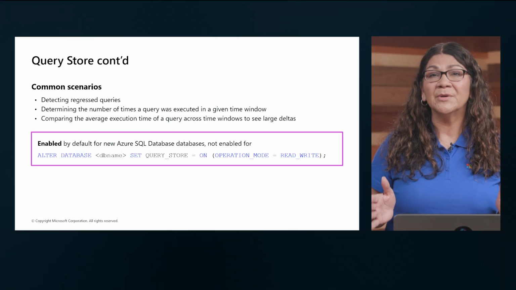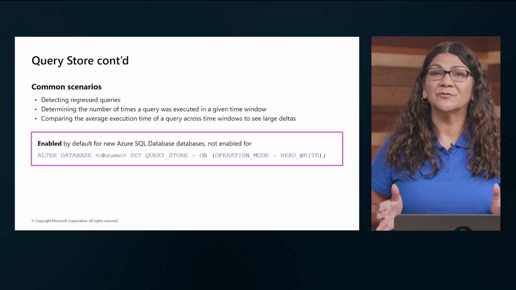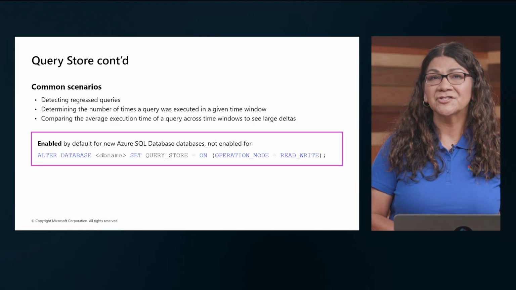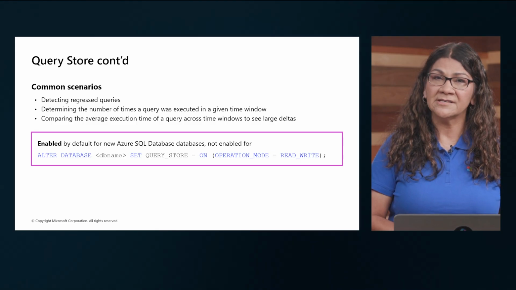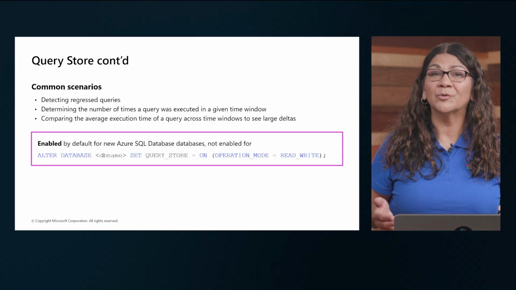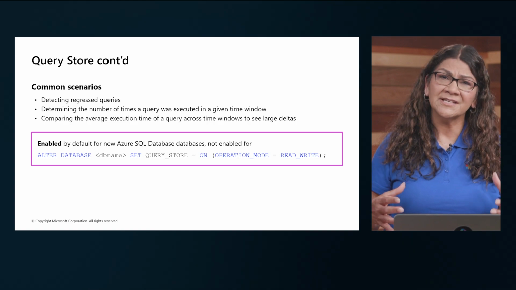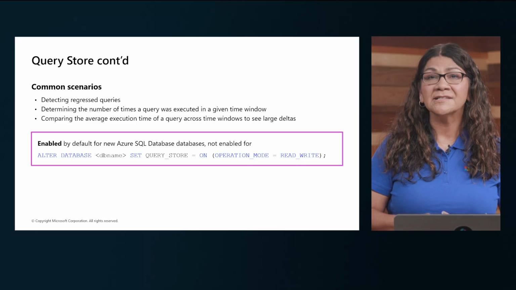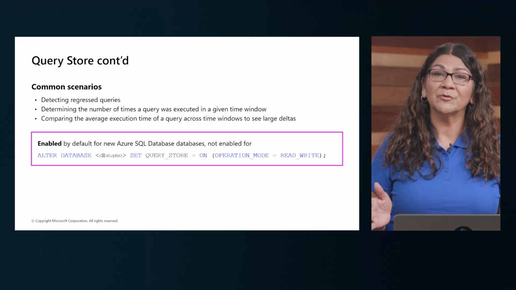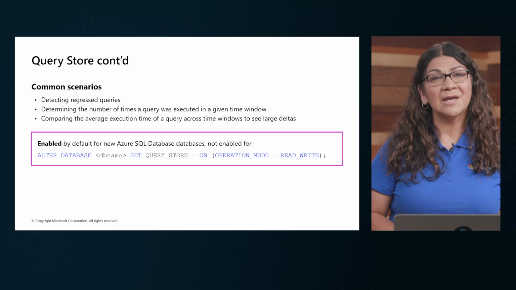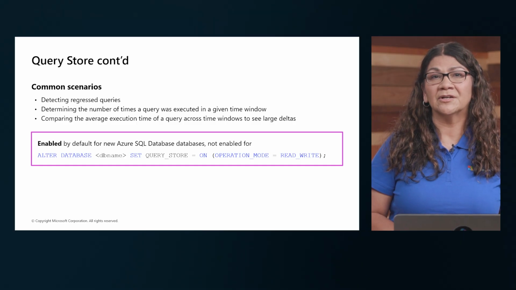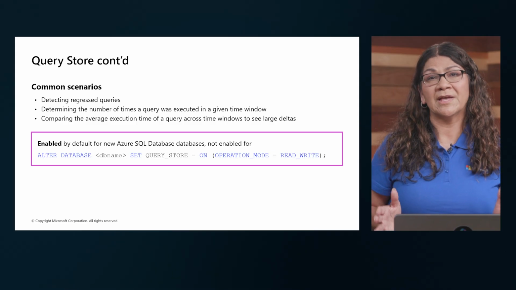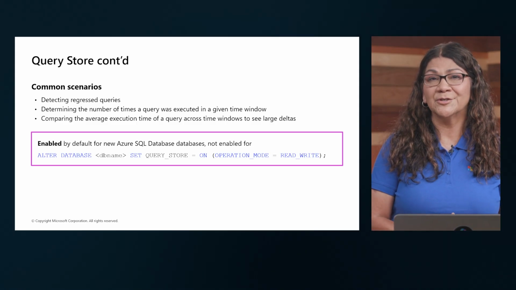Let's look at some common key use cases for SQL Server's Query Store. It enables detection of regressed queries. It tracks how often a query runs within a specific time window, and it compares average execution times across intervals to identify performance anomalies. These capabilities help database administrators and developers proactively monitor and troubleshoot query behavior, optimize execution plans,